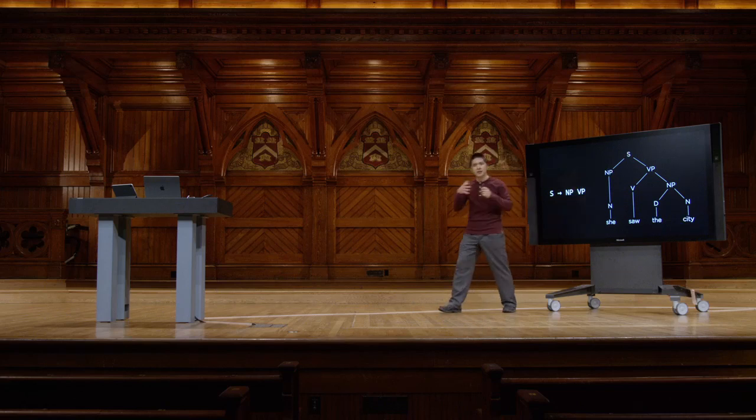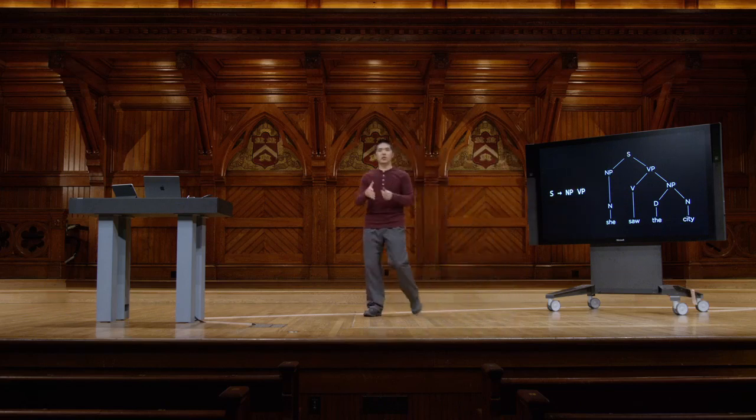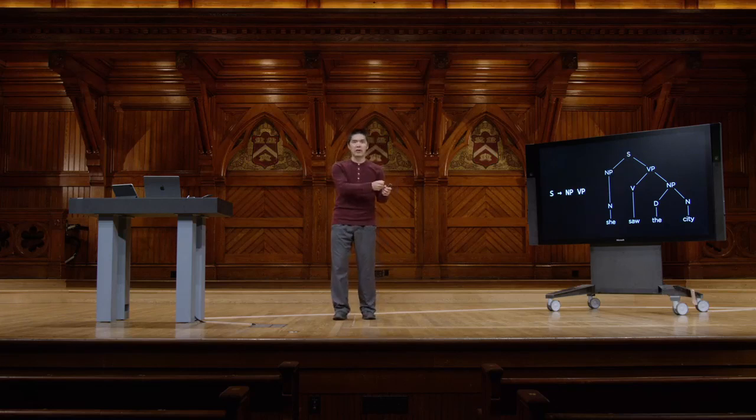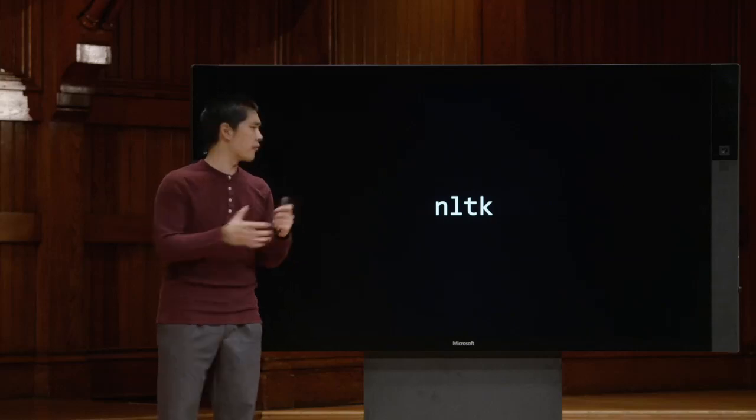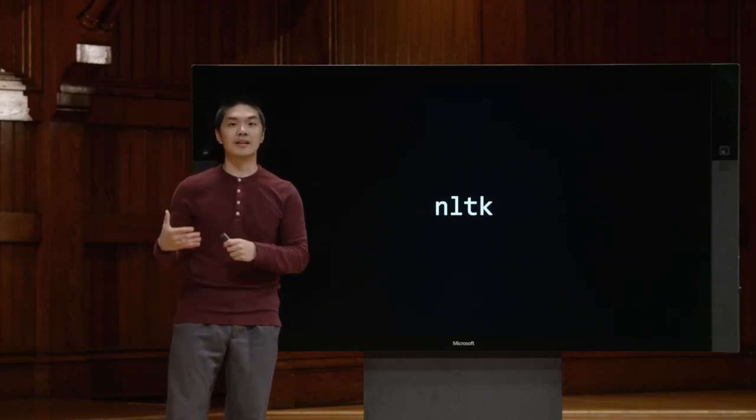And so if we could give these rules to a computer, explaining to it what non-terminal symbols could be replaced by what other symbols, then a computer could take a sentence and begin to understand the structure of that sentence. And so let's take a look at an example of how we might do that. And to do that, we're going to use a Python library called NLTK, or the Natural Language Toolkit, which we'll see a couple of times today. It contains a lot of helpful features and functions that we can use for trying to deal with and process natural language. So here we'll take a look at how we can use NLTK in order to parse a context-free